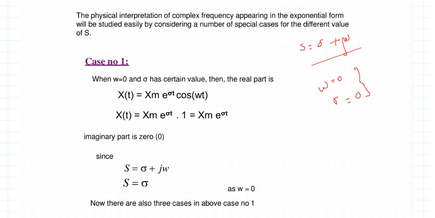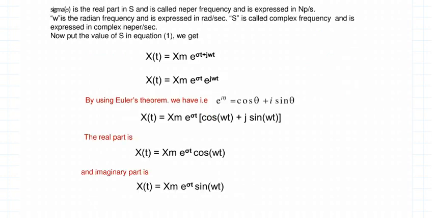If I go back to the previous slide, look at my signal x(t), the real part and the imaginary part. Everybody look at the real part and the imaginary part. This is my real part, friends. This is my imaginary part. Correct? Now what happens to the real part and what happens to the imaginary part when I make omega equal to 0? Just think over this.